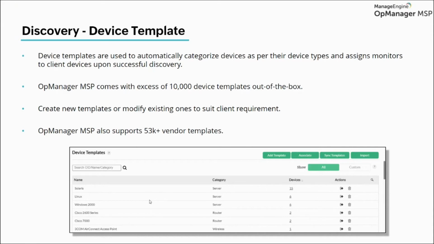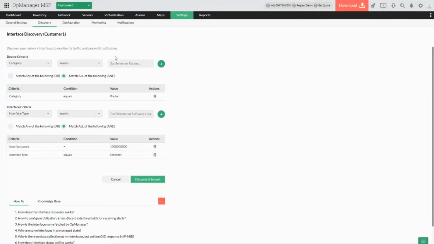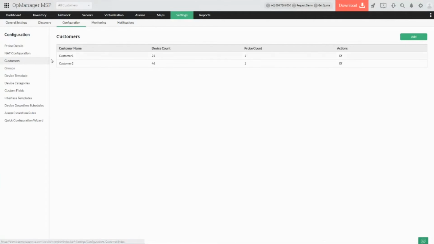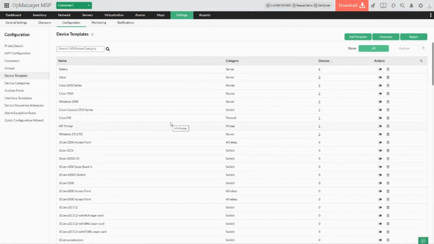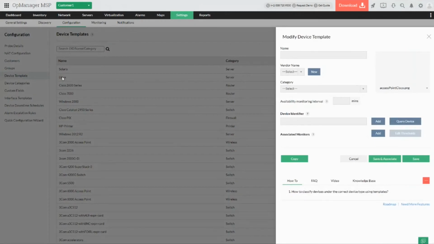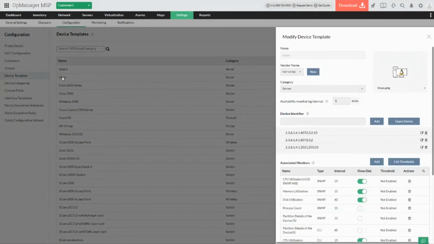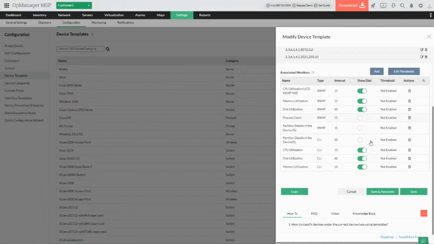So now let me quickly take you to the OpManager site and show you a basic idea of how the device template works and how these device templates are going to help us. During the discovery process, the device is going to let us know, for example, an ID or a number, a device identifier. This device identifier lets me know what the device type is and what can be monitored in those devices. So based on this device identifier, we will automatically associate the default monitors to the devices and start monitoring them. So if, let's say, there are any Linux devices in my client's environment, I want these monitors, these metrics to be monitored with specific thresholds.